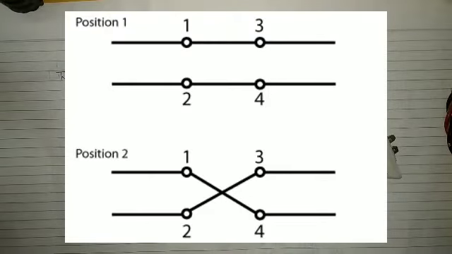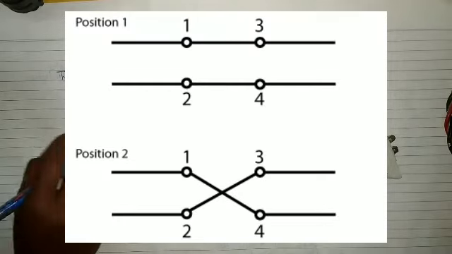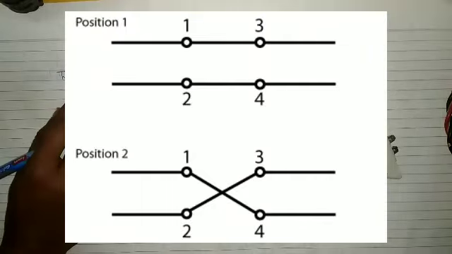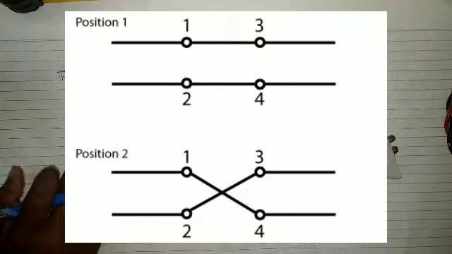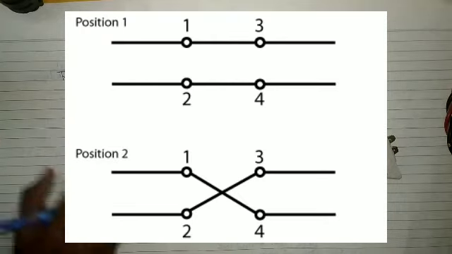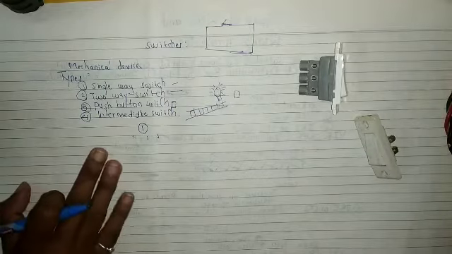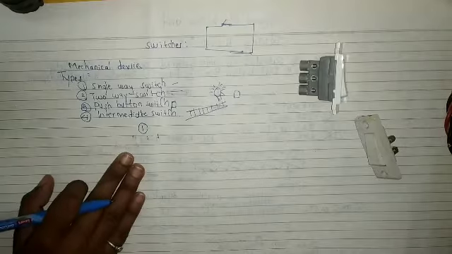So this is the intermediate switch, and this switch has 4 contacts. You can see in the diagram they have 4 contacts. Whenever it is in the up position, what will happen? Top and bottom contacts are bridged, and whenever it is down, then what happens? The contacts are cross connected. You can see in the diagram, they are cross connected. This is about intermediate switches.